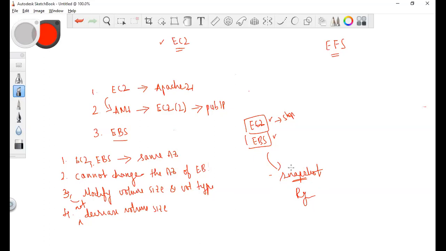In order to attach it, you have to create another EBS volume in a different availability zone, and you can attach that volume to the EC2 instances. Yes, a snapshot is like a template. It has the information about the volume. It has a backup of the volume.